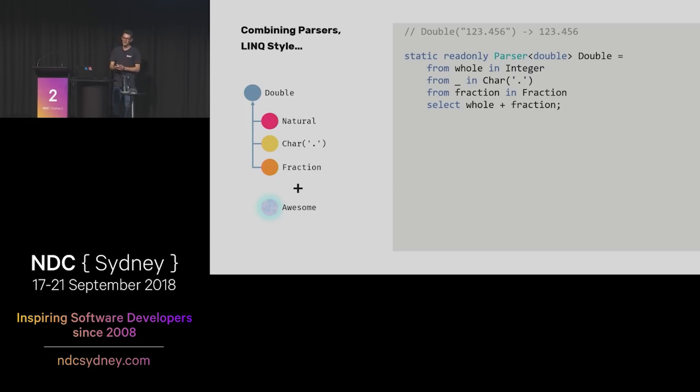With the C# query comprehensions, we can create a function called SelectMany, which fits into that from-in structure. And it behaves very much like then. Now we not only have a composable way of building parsers, but we have a little domain-specific language that lets us express things like from, well, we take the whole, or we take the dot, and then we take the fraction. And all of the features of LINQ, like let and where, go in there to give us a really succinct and powerful language for writing parsers. So I think that's really awesome.